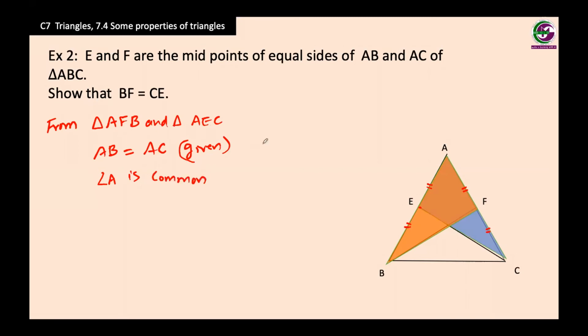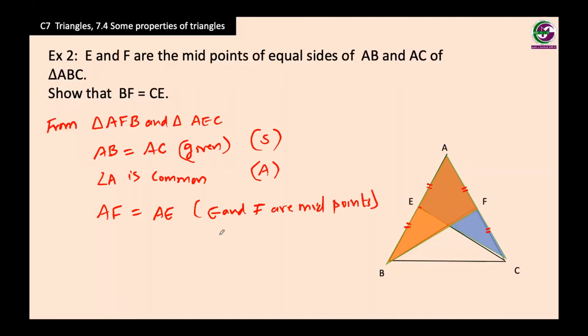So we have one side, one angle, and again you can see that AF is a side of the brown triangle. AF is equal to AE, the side of the blue triangle. They are equal because if the full sides are equal, their halves are also equal because E and F are midpoints. So we have the third side. So we have SAS. By SAS congruence,